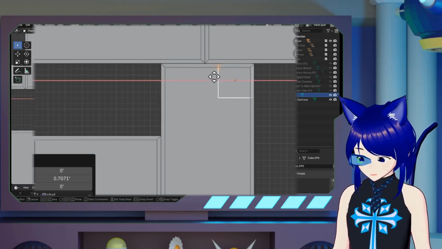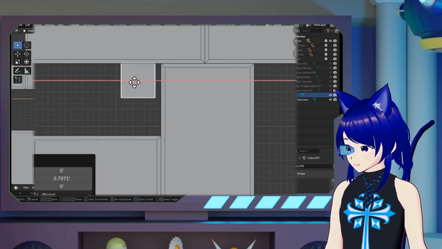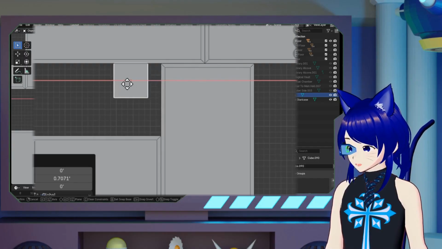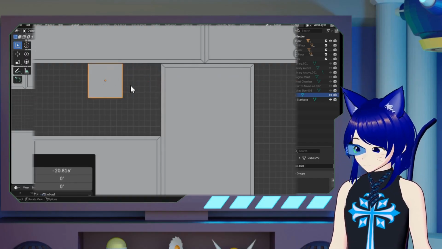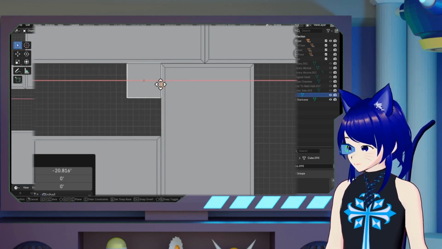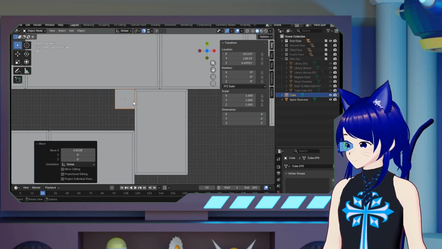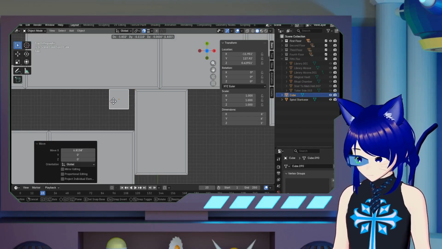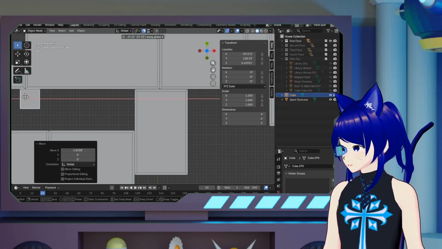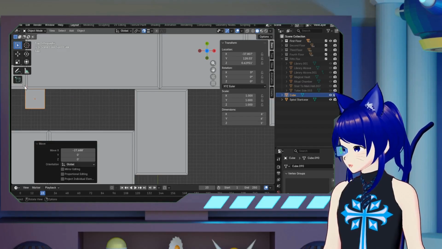Now if I grab X and I want to put it over here, you see I can't really do it. It's wanting to move it in, so I have to come over, click, then move my mouse over here, grab X, and then it can move right there. So first things first, I do want to grab X. I'm going to slide this over here first. Let's line it up to this right here,